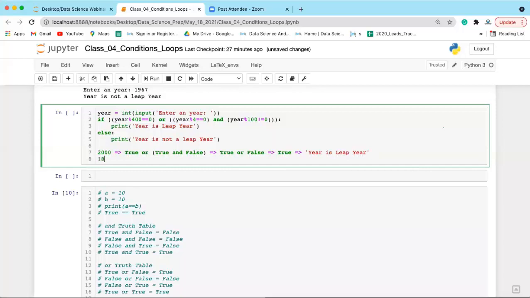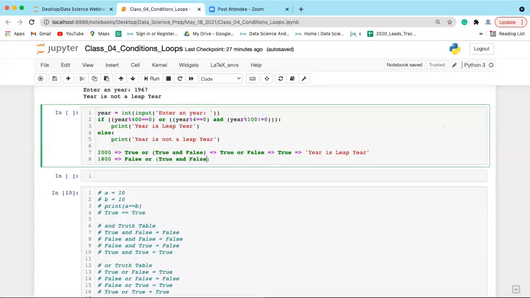If I take 1800, in this case what will you get? First of all, 1800 divided by 400, in this case the result will be false, right? Or inside the bracket, when you divide this by 4, the result in the case of 1800 is true, okay? And when you divide year by 100, you get the result as 0, but 0 is not equal to 0.